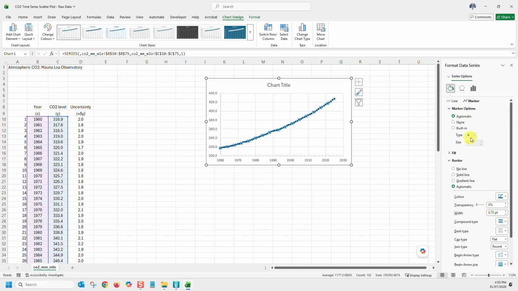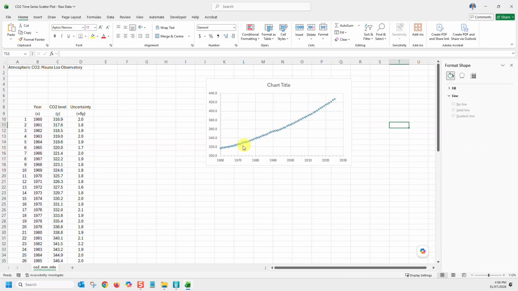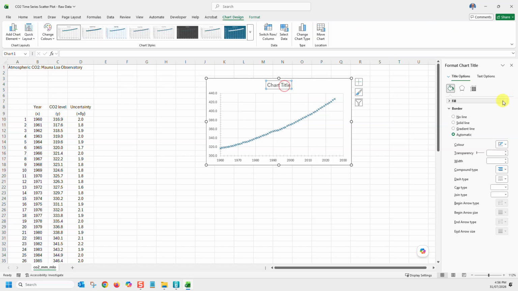It defaults to an automatic bullet point. I'm going to select my own marker, and I'd like it to be one of these X's because I think it's a bit cleaner looking. That's pretty good. Now, the chart title, we probably should call this something a bit more suitable, like